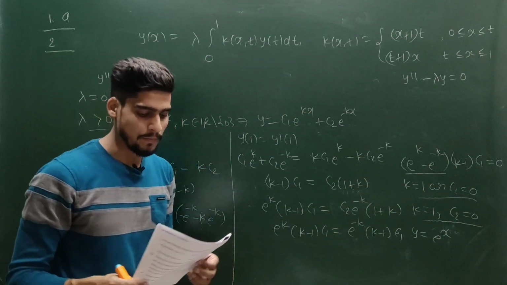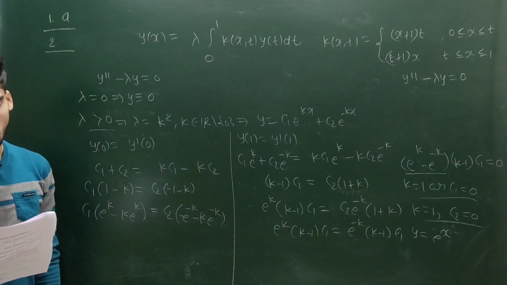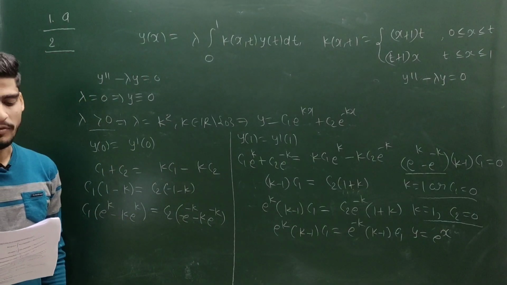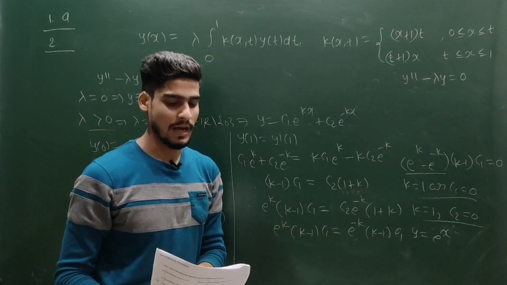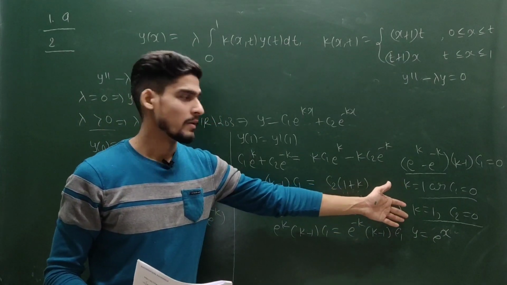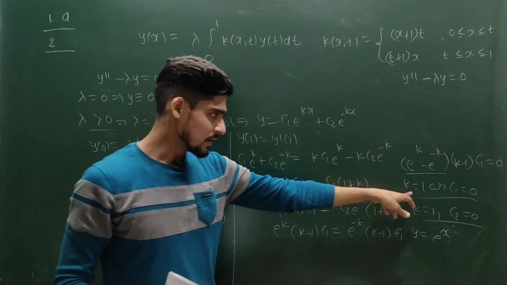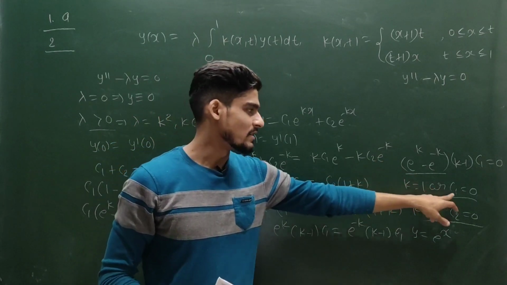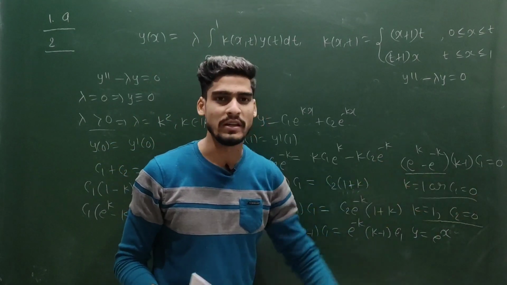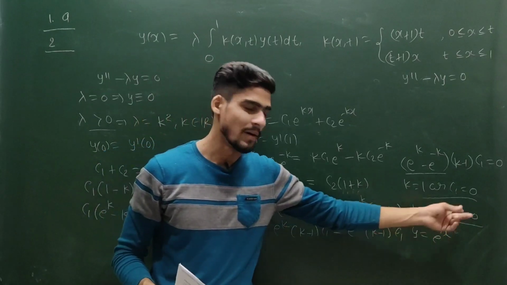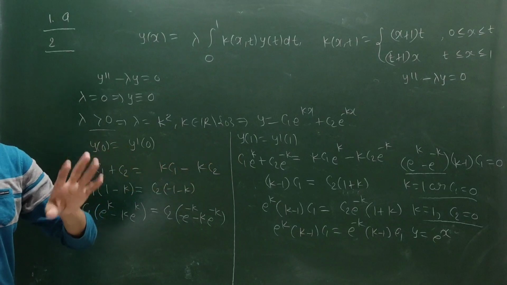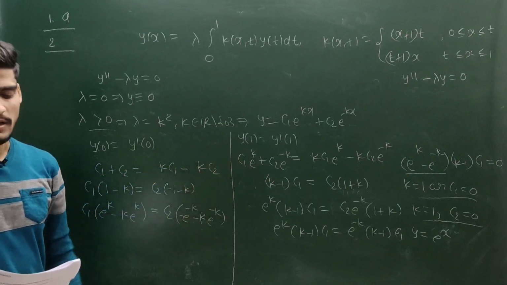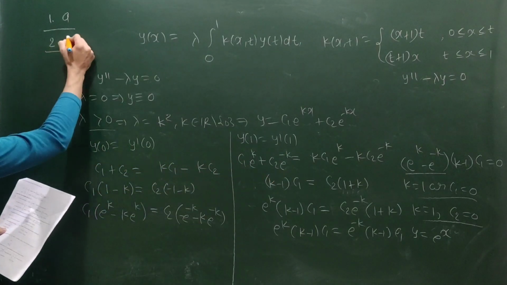So for the simplest case in your option, if you say option A, 1 comma e power x is the easiest case. This is just observation based. I am not giving you the exact way. I am just guessing. If I choose my k to be 1, then my c1 is arbitrary. I can choose my c1 to be 1. Then I will get y is equal to e power x as a solution, and lambda is equal to 1 also. So this is the most appropriate, which is satisfying the option. So option A is the correct one.